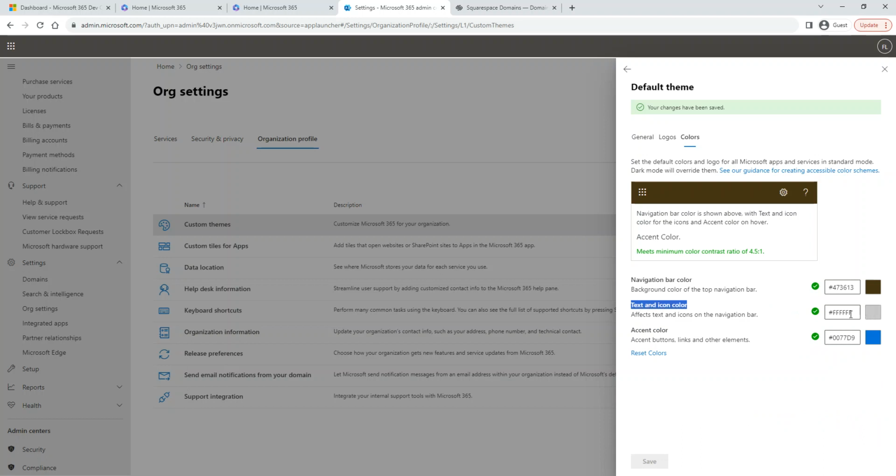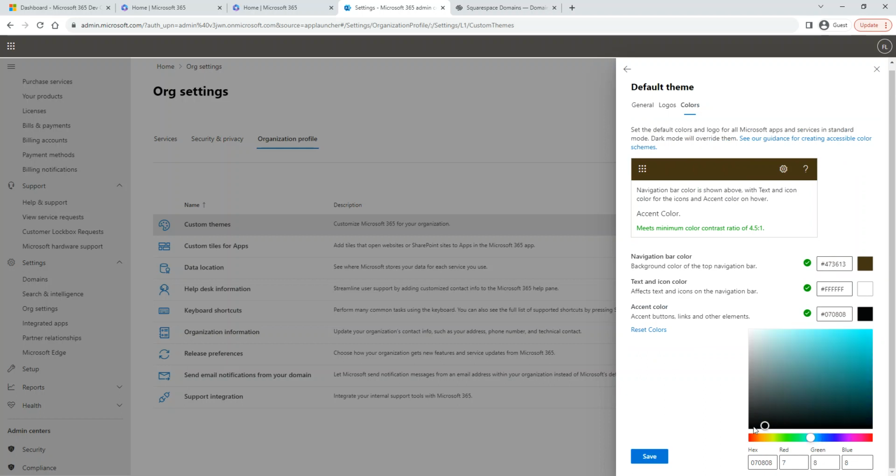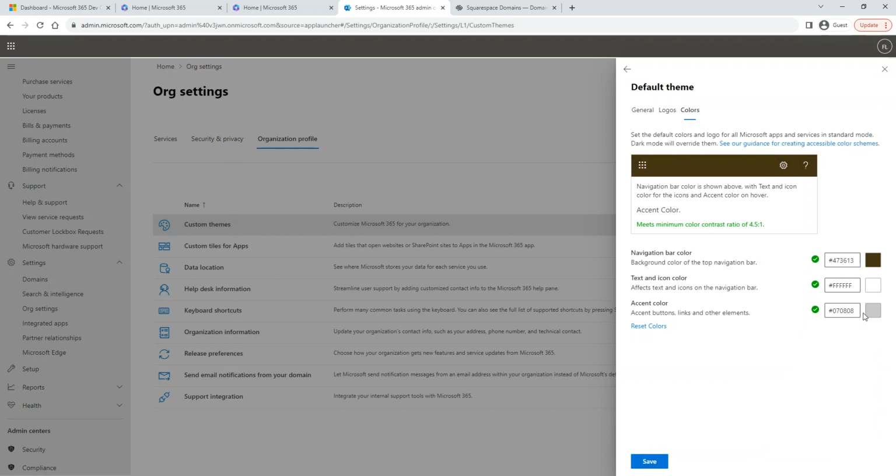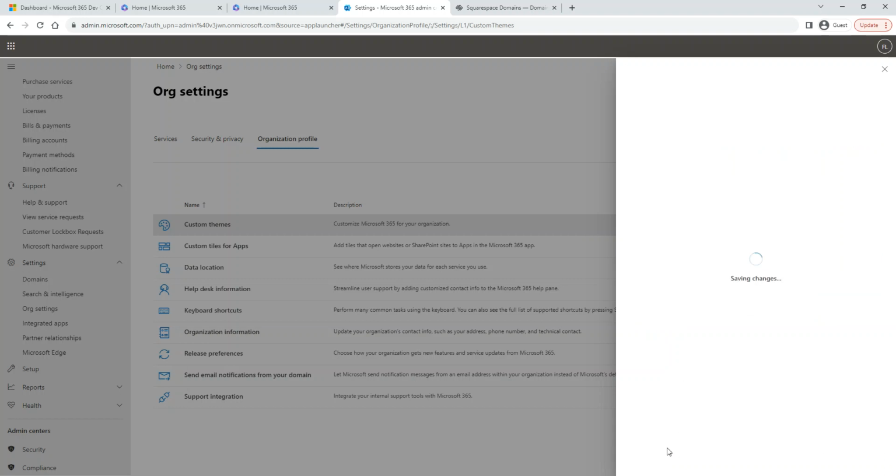The text color. Any text is gonna follow this FFF, which is white. That's fine. But when you hover on it, that's the accent color, which is this blue. When I hover on it, I'd like it to go dark instead of blue. That's much better. You see that? I like that one, so I'm gonna save it now. Dark is this, or you can just make it hashtag 0000, which is the hexadecimal number for black, and FFF is the hexadecimal number for white. I'm gonna just save it.